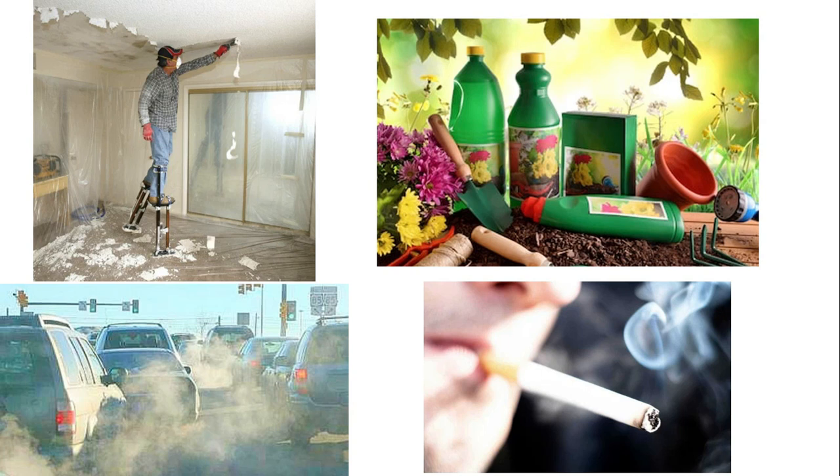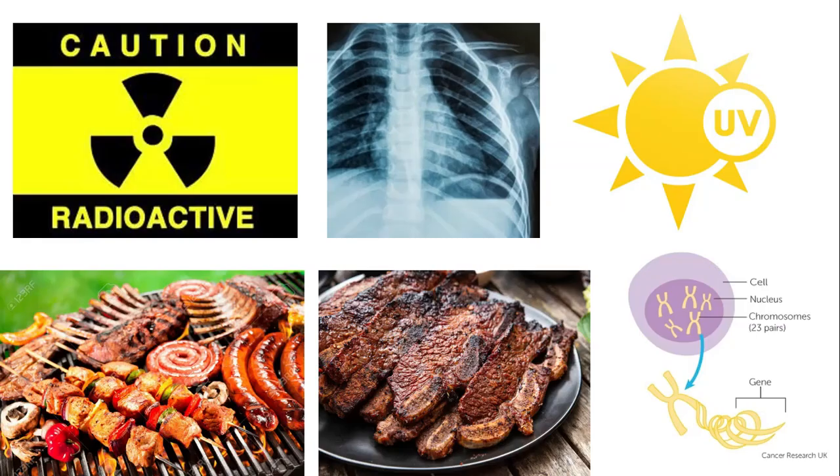Another substance that also causes cancer is asbestos. You know asbestos, to make the roof or the wall of a house, you can use asbestos. The fiber of asbestos affects our lungs. And the smoke from cigarettes, the smoke from burning fossil fuel, like from cars and factories, etc. And especially the chemicals used in the garden or at home also cause cancer.